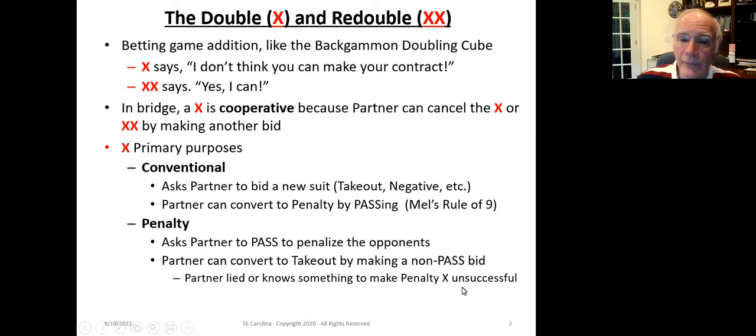Well, maybe your partner lied to you about their original bid or knows something that's going to make the penalty double unsuccessful. For example, you may have made the penalty double because you have the ace king of the suit that you bid and your partner supported, and you've got 4 of them. It turns out your partner has 7 of them. So the probability that the declarer has a 0 or 1 is very high. If you are counting on those tricks to set the contract, your partner may know that and say, aha, I'm going to pull that penalty double by making a non-pass bid